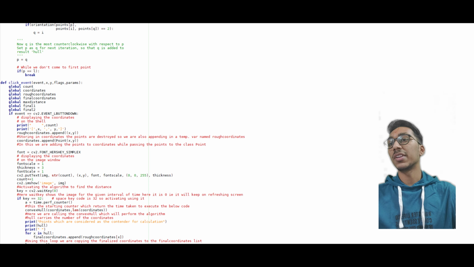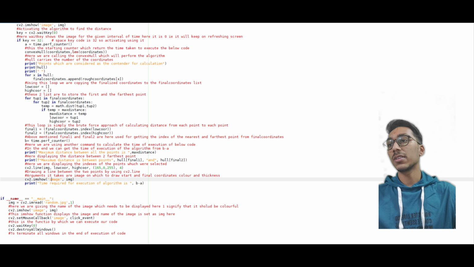Now we will print the container of coordinates, which will be hull, which will contain all the indexes of the coordinates which are selected. Now in this for loop, for x in hull: final_coordinates.append(rough_coordinates[x]). We are using this loop to copy the finalized coordinates to the final coordinate list.